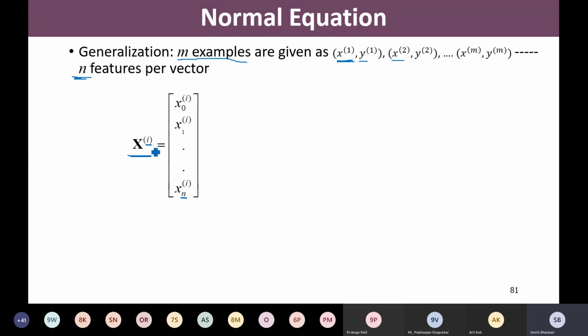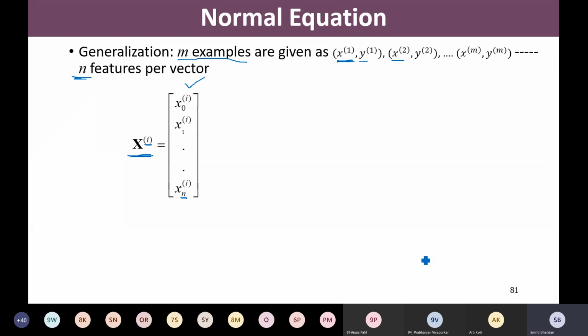So we are describing one feature vector for the ith sample, the ith example. My feature vector associated with the ith example is denoted as a column vector having n plus 1 features. So x1 to xn are the given features. We have added x0, one extra feature. This superscript i denotes the sample number or the observation number, and this subscript 0, 1 up to n is the feature number. So this is how in general we may represent our feature vector.